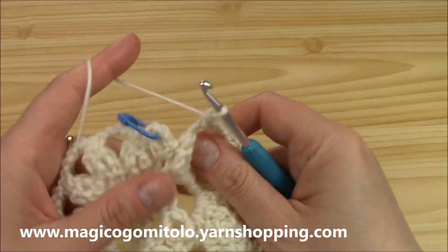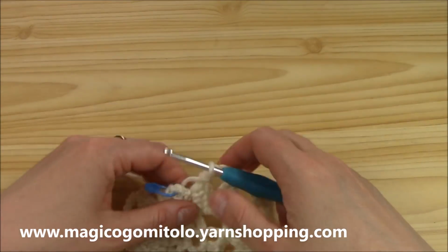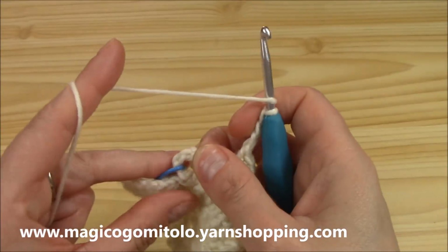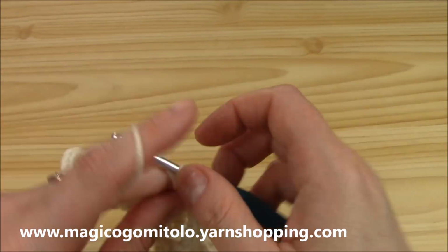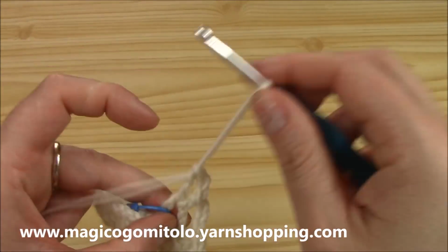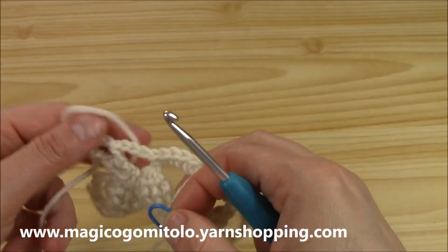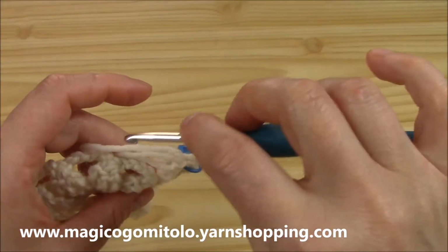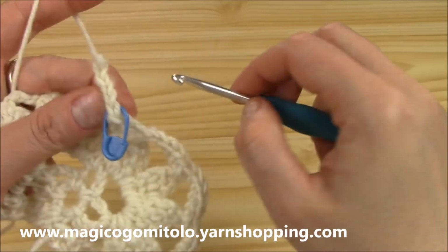Okay. Now here on the central line, this is very important. We will want to chain 3 and insert hook into the chain 5 space and double crochet, this time normal double crochet, chain 3 and another double crochet. Okay, and this is for the central line. So this is the second row of the sequence to repeat. Will be 3 rows of single crochets. Okay, and now chain 3 again, obvious,